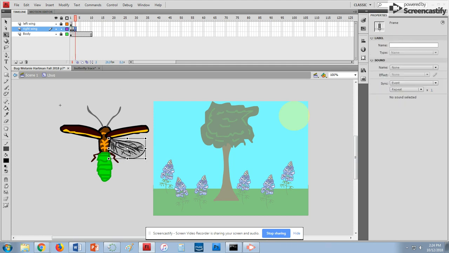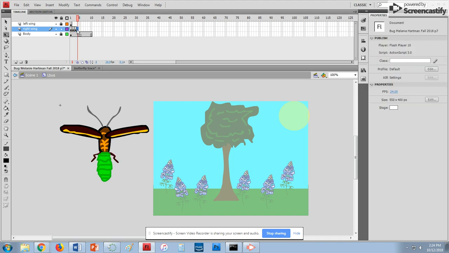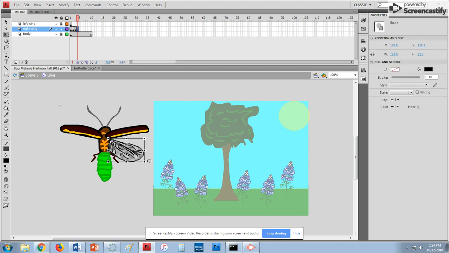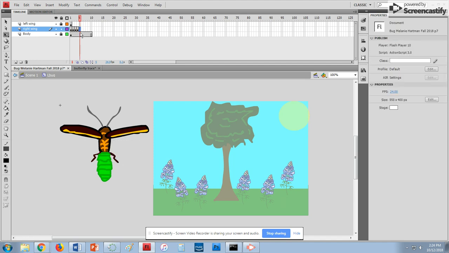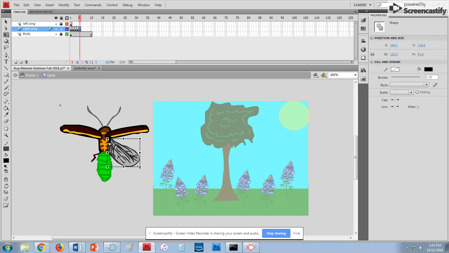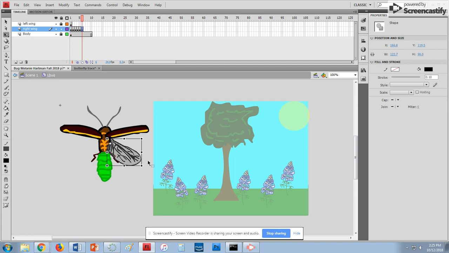F6. And every time I have to change that pivot. I don't know why, you just do. So I'm going to move it back here, pivot it a little, F6, move the pivot point, pivot it a little, F6, and I'm going to pivot it to about right there, and then I'm going to start going back the other way. So move the point back this way,